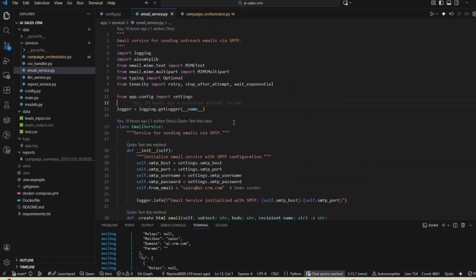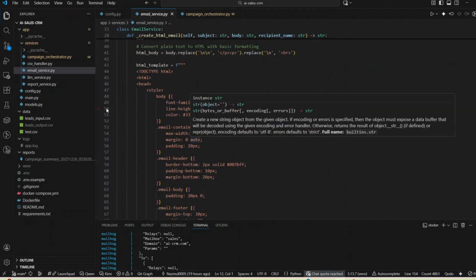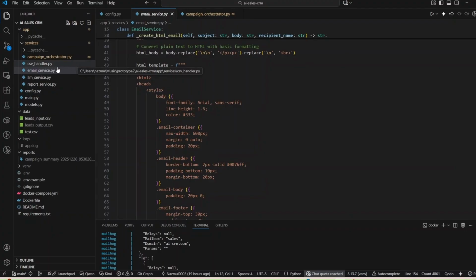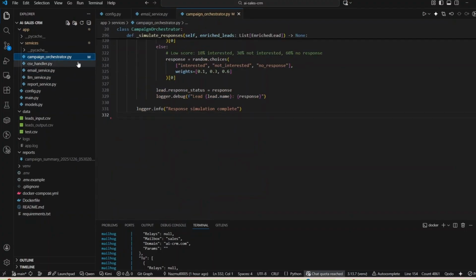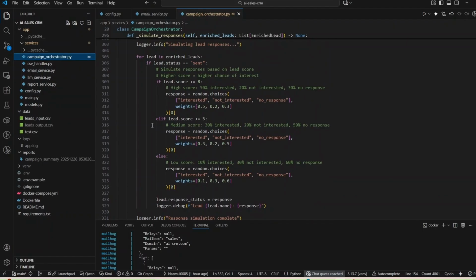And there is the email service, which helps us send the HTML formatted email to MailHog or to a particular Gmail. Then there is the campaign orchestration file. This is the main piece which combines all the code together. Basically, when we hit the first API endpoint, it calls the campaign orchestration. Campaign orchestration combines all the py files and functions, calls them and performs the campaign step by step. First it calls the csv handler, then it calls model.py so that validation can be performed.